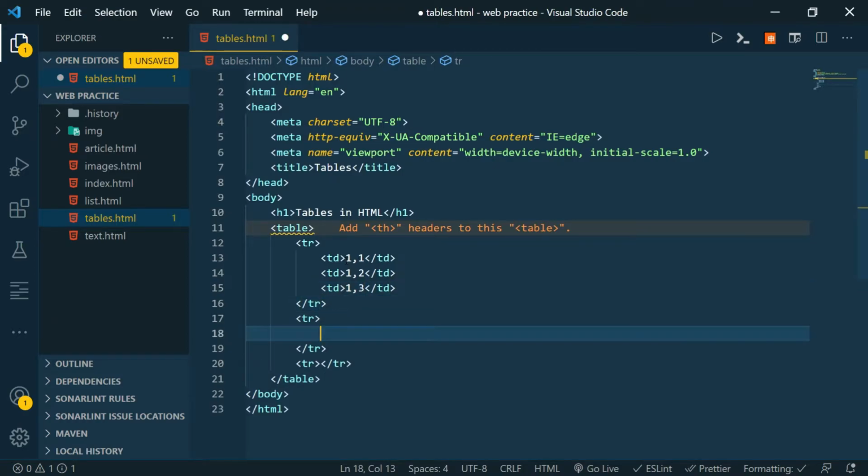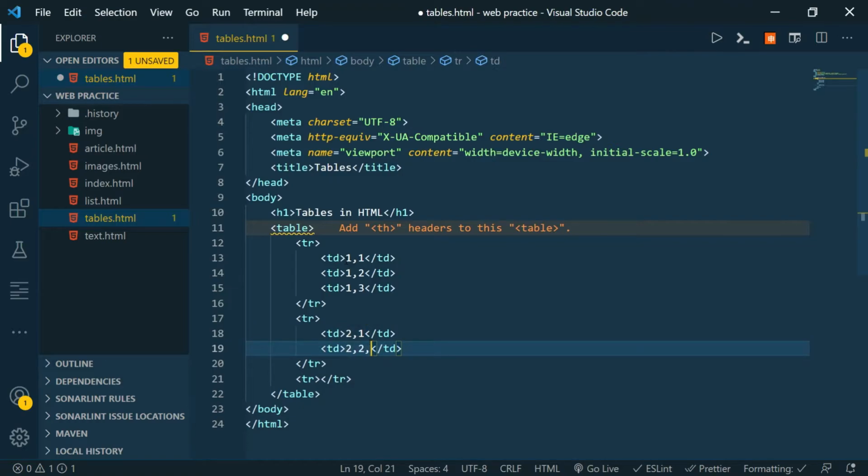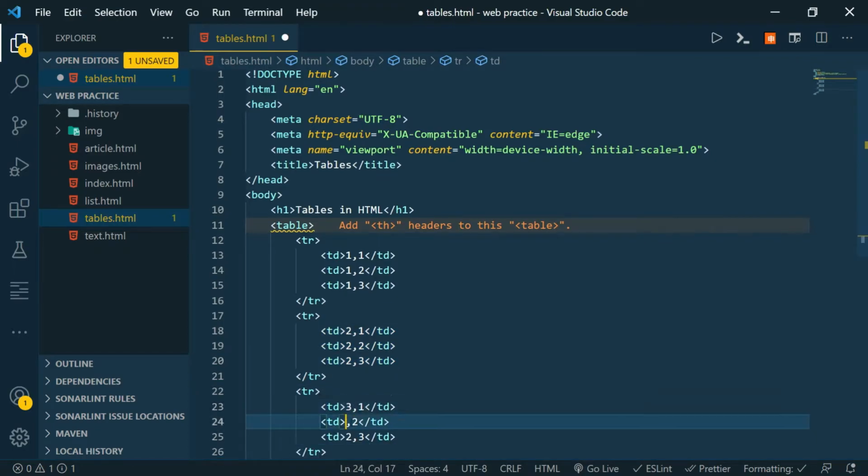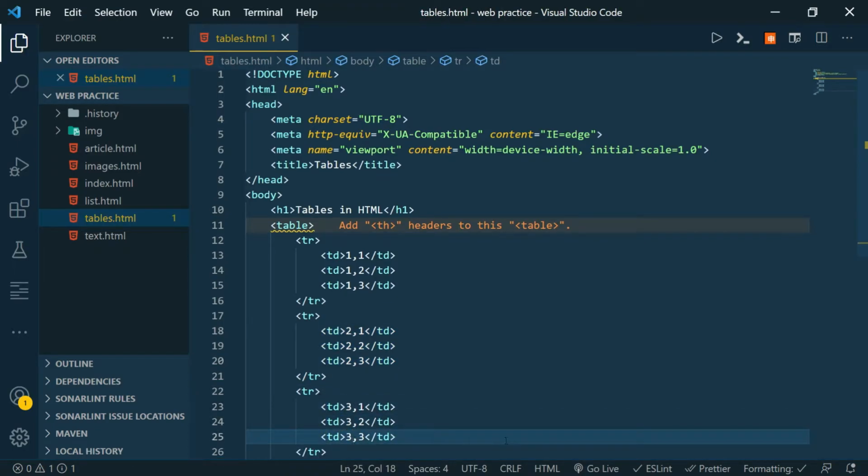So row 2 column 1 table data, row 2 column 2, row 2 column 3, similarly for row 3 column 1. So let's have a look at it using the live server.